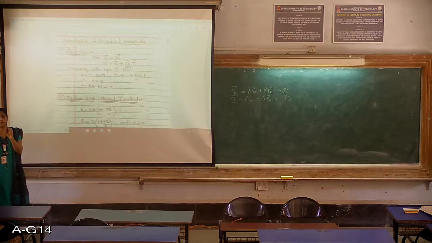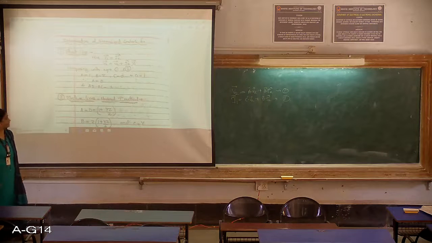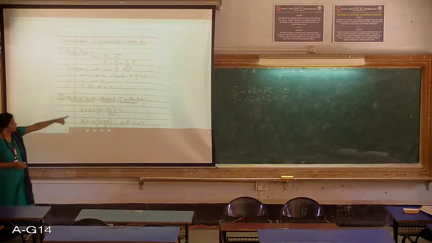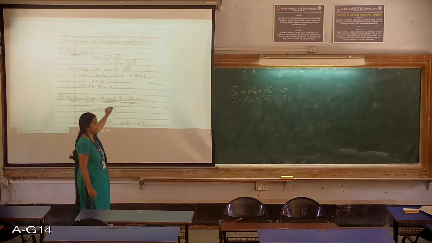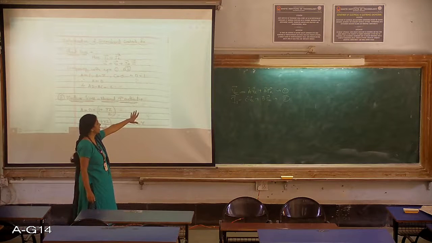So see, for the short line, we are neglecting the capacitance part there. So your sending end current will be equal to receiving end current. So here IS is considered to be equal to IR. So for the Vs expression, you just get back all the expressions we have written there. So Vs was VR plus IR into Z. So your Z is nothing but R plus jXL. So comparing with those 2 equations now, you are supposed to write 2 expressions there, IS and Vs, and compare with your VR and IR.